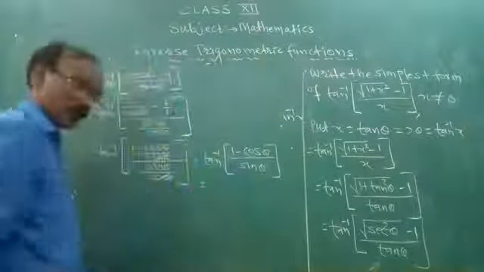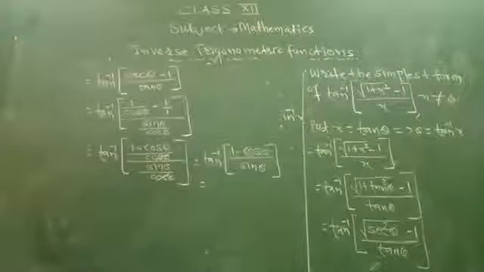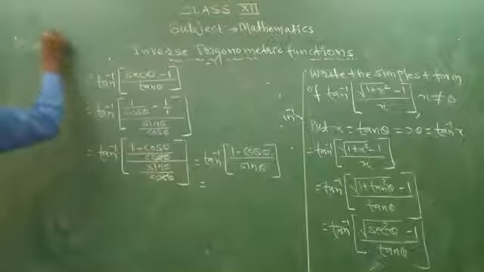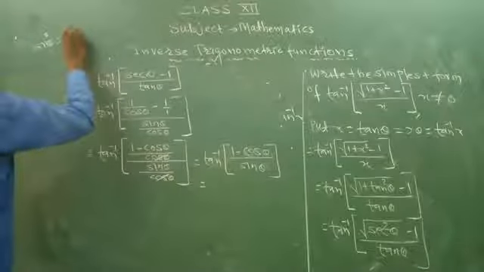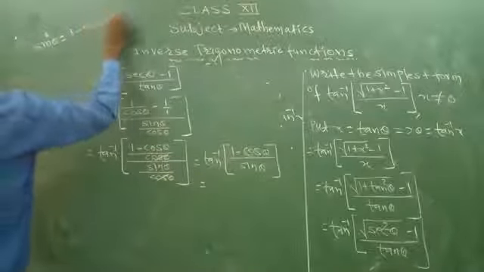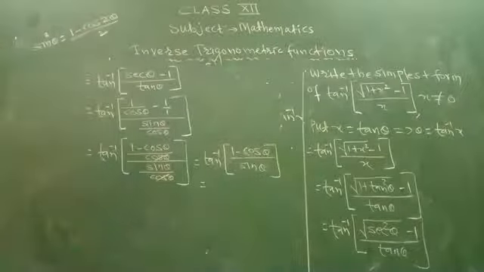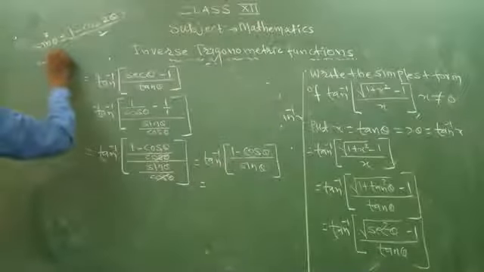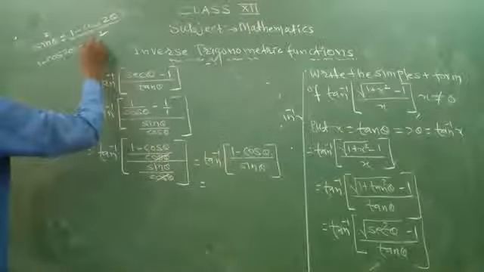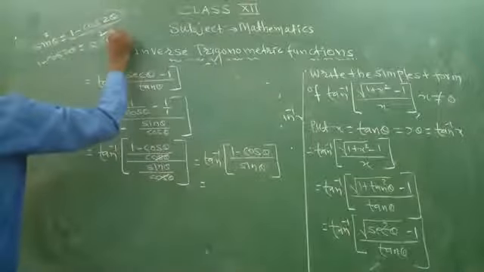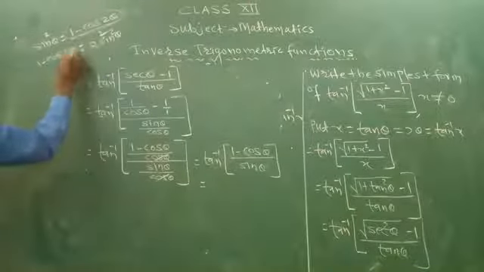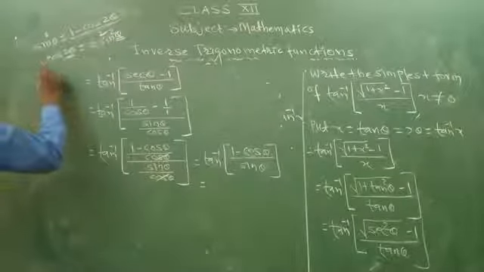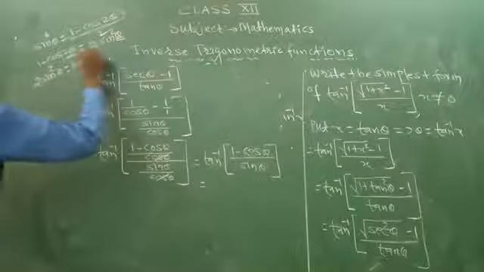Okay. Now you have to apply the formula here. You know that sin square theta is equal to (1 minus cos 2 theta) upon 2. Remember this formula. From this you will get 1 minus cos 2 theta equal to 2 sin square theta. If it is 2 theta, here it will be half of that theta. That is, 2 sin square theta is equal to 1 minus cos 2 theta.